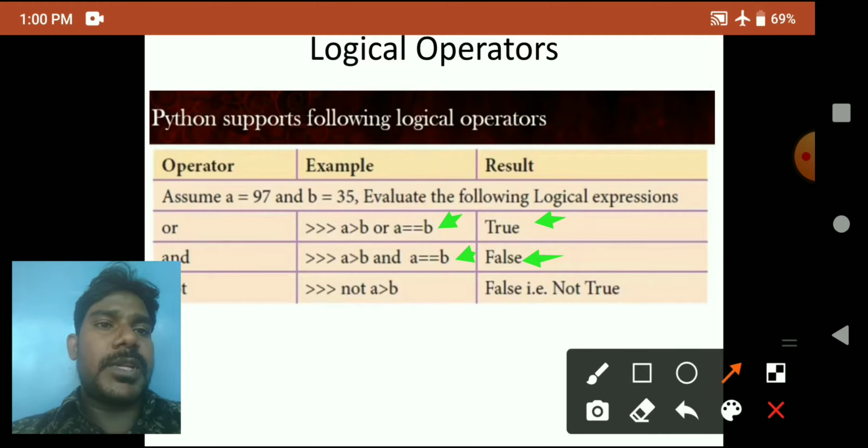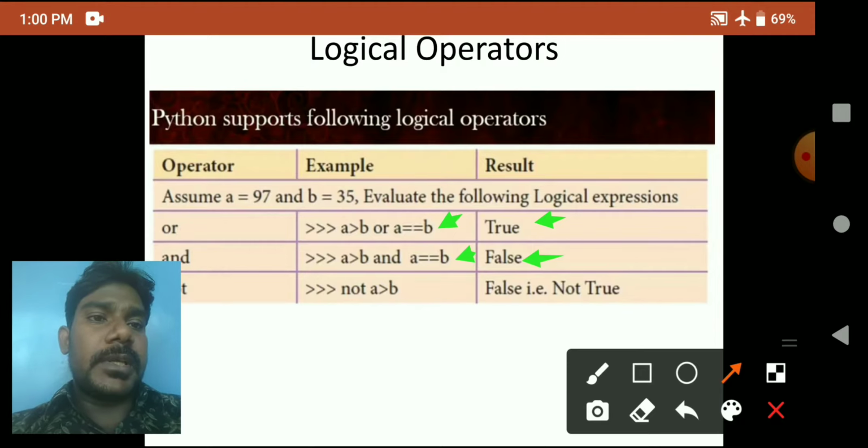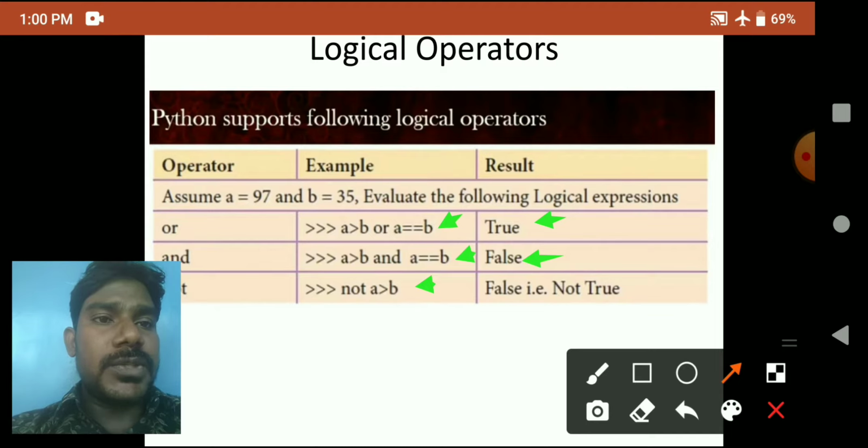Next one, the not operator: not a greater than b. The not operator is used with one expression only, here a greater than b. If the condition is true, the result will be false. If the condition is false, the result will be true.